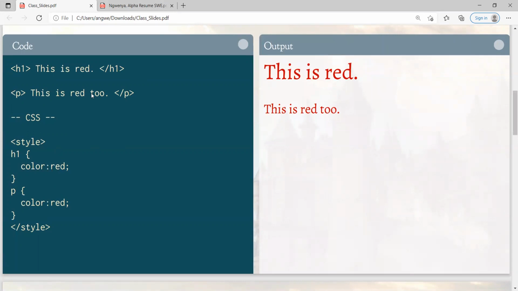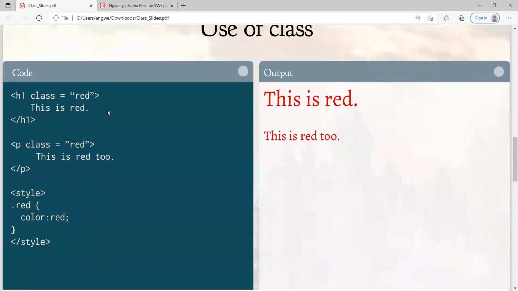red too. But now let's see this if we're using classes and look at how easier it is, right? So instead, for H1, we have a class and our class name is red, and we say this is red. And then we have a paragraph just like we had in the example before, where our paragraph also has a class, and we also call that class that says, hey, this is red too. And then when we go to our